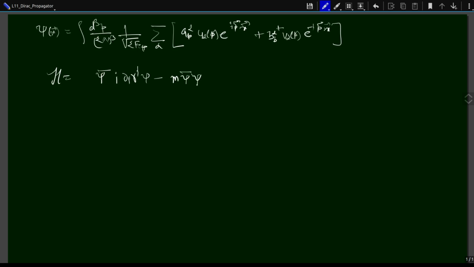We basically started from here and showed that our Hamiltonian, the space integral of this, so the total Hamiltonian is d3x of this Hamiltonian, and what we find is that it was